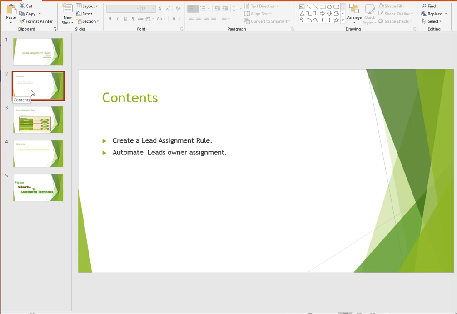These assignment rules can be applied to any lead records, regardless of whether leads are created manually, generated from web to lead forms, or imported using the data import wizard. This also specifies how leads are assigned to users or queues based on rule entry conditions.